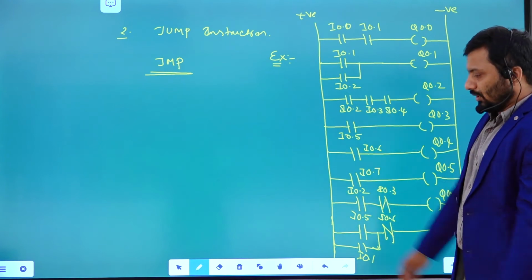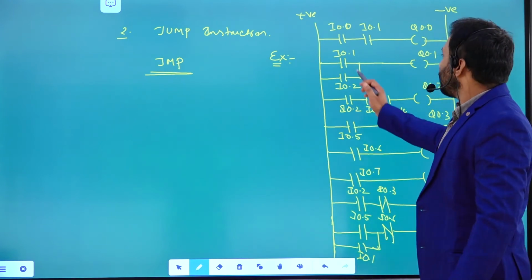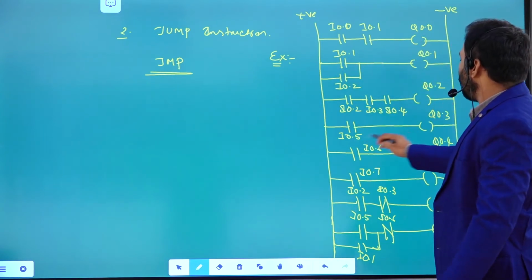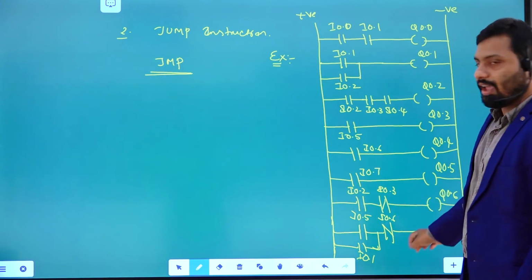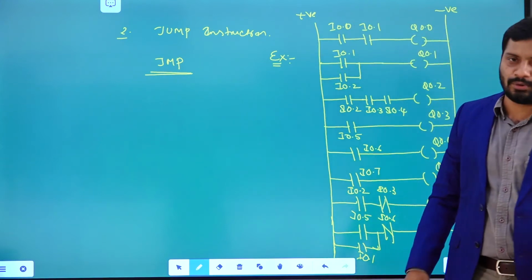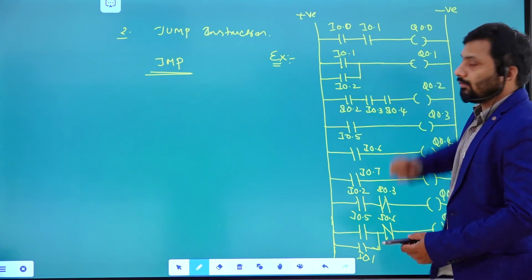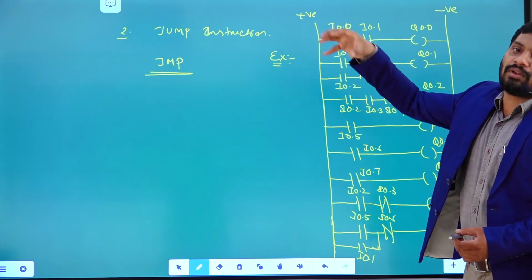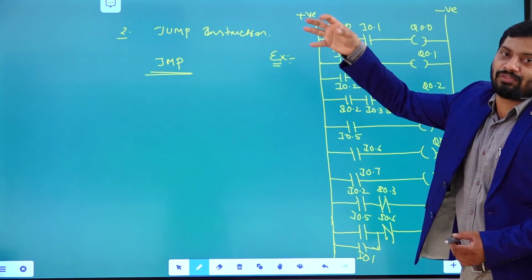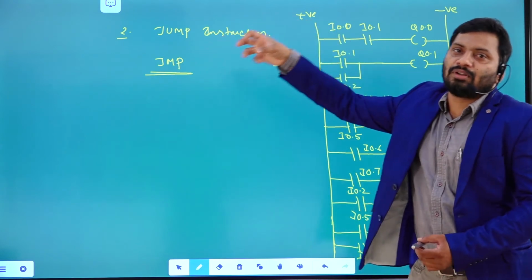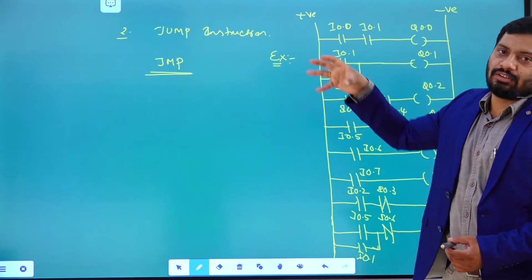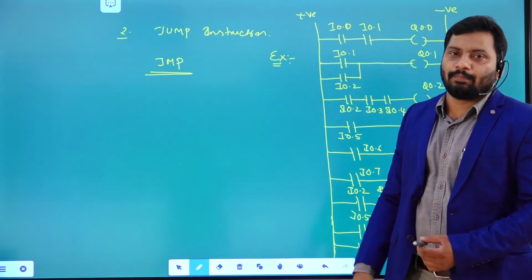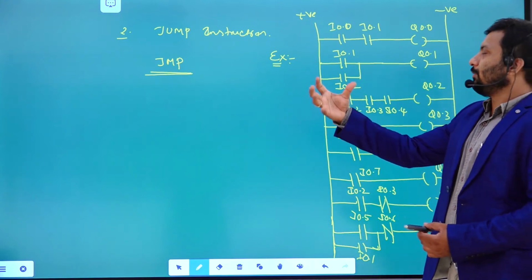So look at this particular logic. How is it going to be executed? It's going to be executed like this: first rung, then second rung, then third rung, then fourth, fifth, sixth, seventh, eighth rung. Like that, it keeps on executing the total program, based on the input data from the input image table. The input image table gets data from the input module, that is, from the input switches connected to the input module. The switch status is stored as the input image table in the RAM through the input module, which is giving the input data.